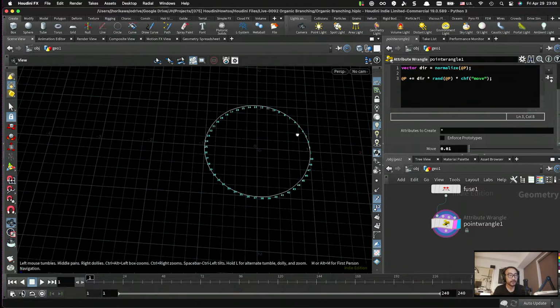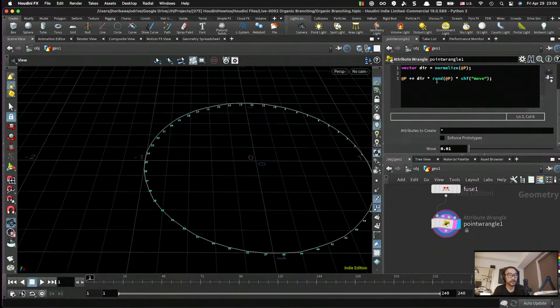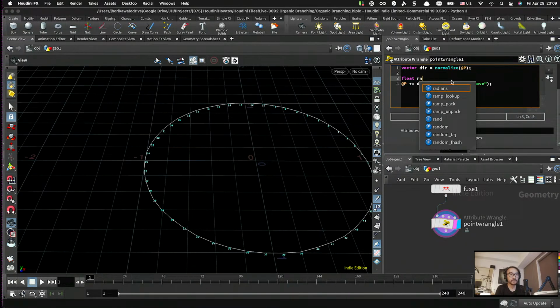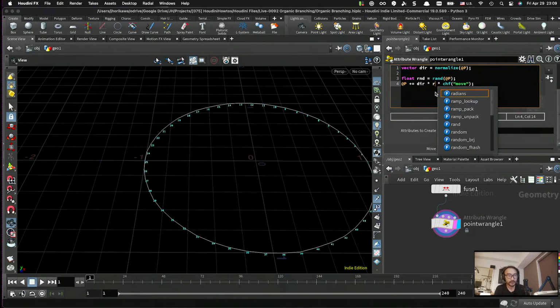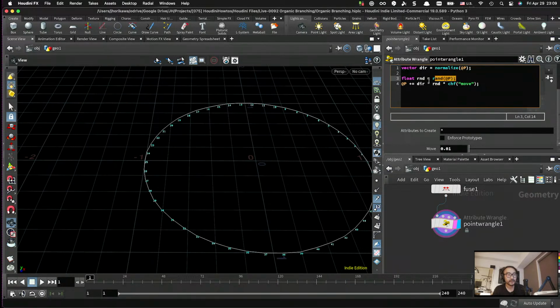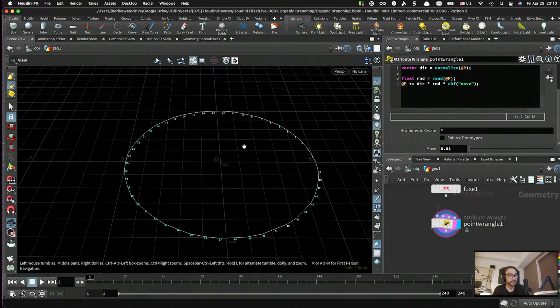And the thing that I forgot to do is that currently the random value could be a vector value, but I'm not sure, so let's make sure that this random value is a float. The same random function could give you a vector value or a float value, so this is a better way to describe what the variable is. Okay, I wanted to do that